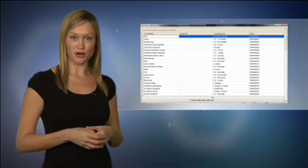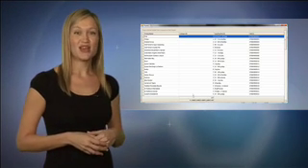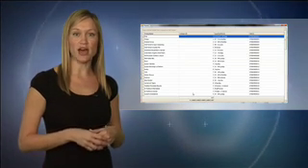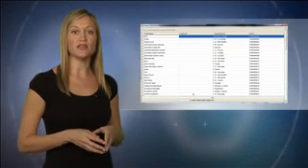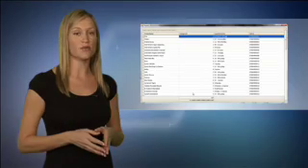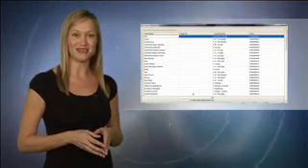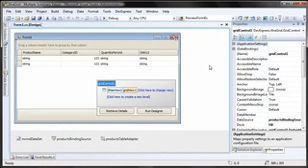XtraGrid supports displaying multiple summary values in the footer of the grid control. In this video, you'll learn how to display two summary values under the same column. We'll generate the first summary value using the designer, and the second one will be created at runtime using code. So let's get started. I'll start with a Windows application that has a grid control bound to the products table